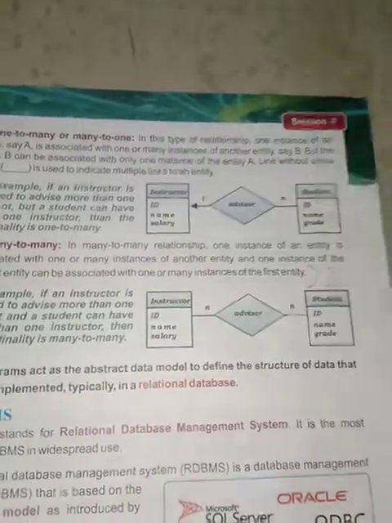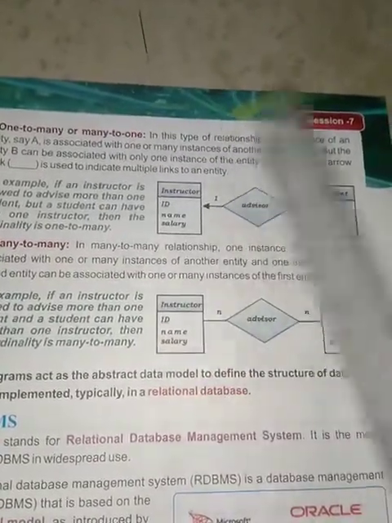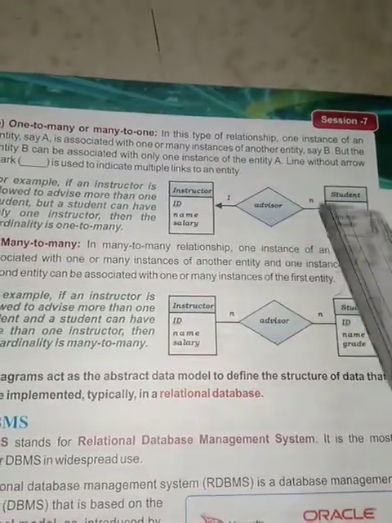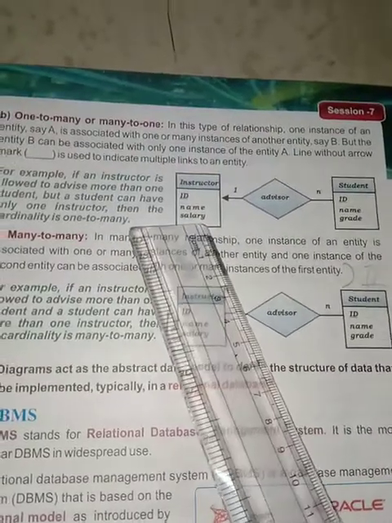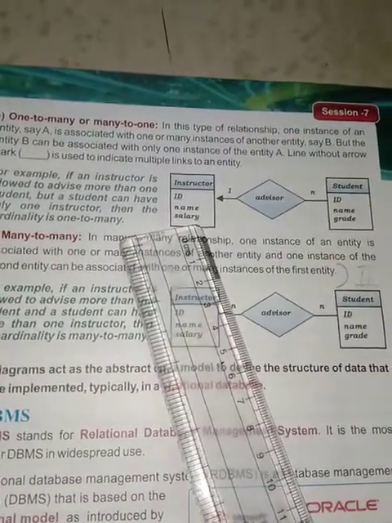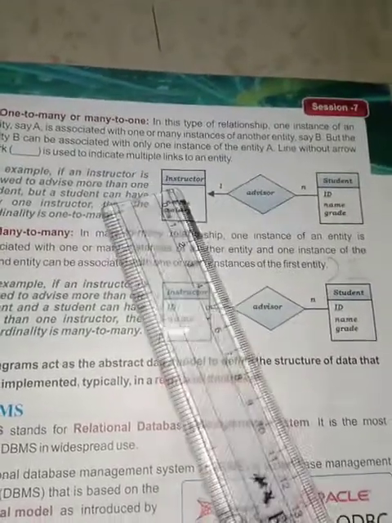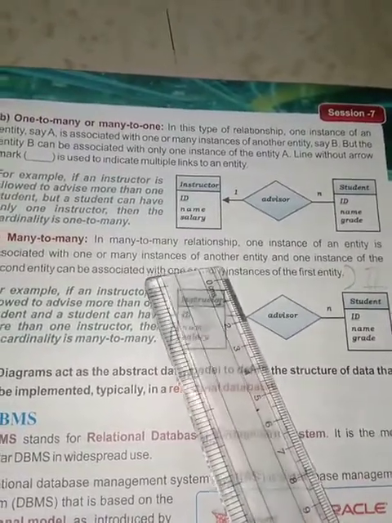So in this, there is only one class teacher. For example, in your school, you have a class teacher. Each class has a class teacher and have n students in a class. So one class teacher can have n number of students, but n number of students can have only one class teacher. You cannot have more than one class teacher. You have only one class teacher, right? Or a class leader. You have only one class leader. And that class teacher cannot be the class teacher of another class.